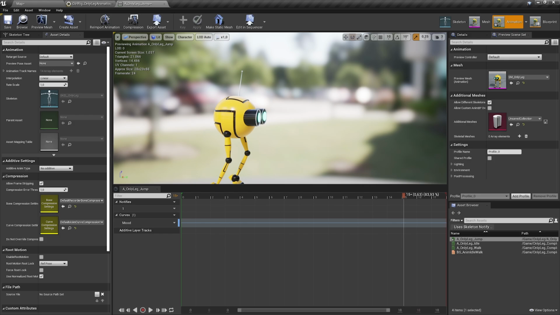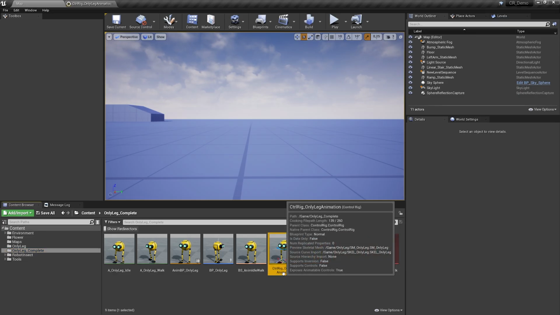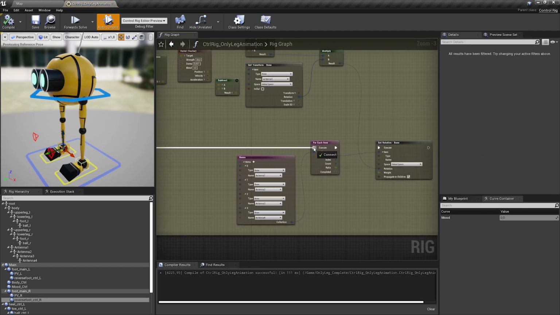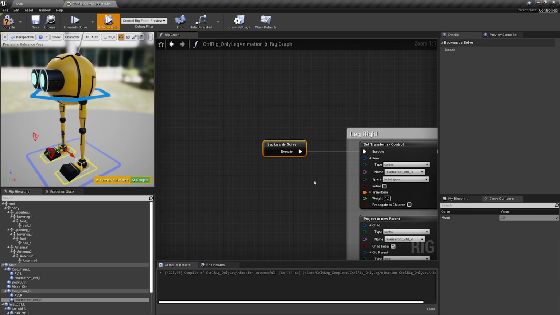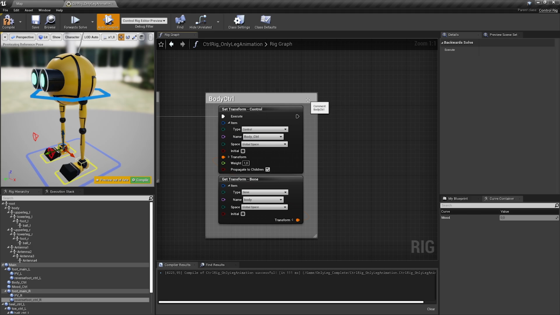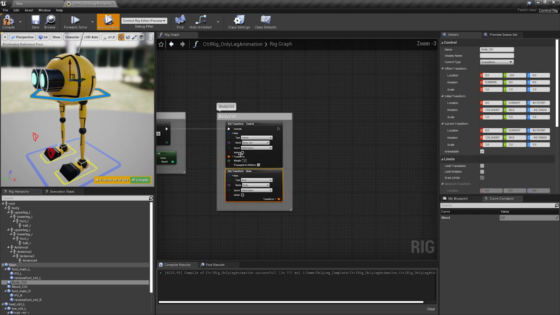And before we talk about bringing that back in a real-time setup, let's talk about how to change existing animations using control rig. So to change an existing animation, we first have to prepare our rig. Let me first bring back our antenna here. And now we're using the backward solve to move our controls with the animation. So here's a very simple example of that. We're setting the body control by taking the transform of the body itself and then setting the body control. And then the forward solve is executed again, so it will move it again.